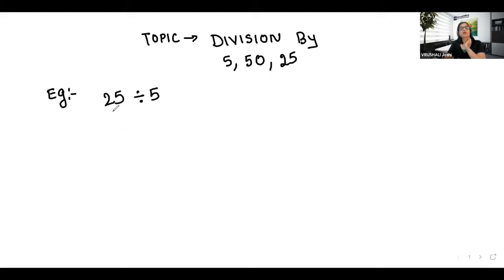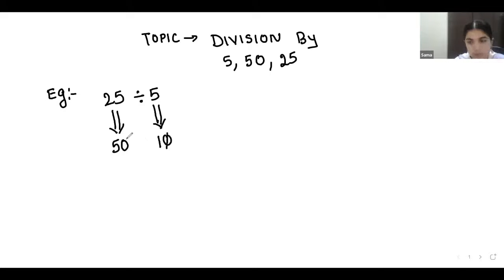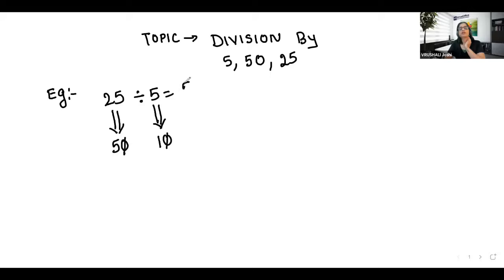What we will do in 25? You double 25. What is the double of 25? This you should know very quickly. Double of 25 is 50. You also double 5. What is that? 10. Cut the 2 zeros. Answer is 5. Have you got it? See, this answer you know even without doing this method. But it will help you to do larger numbers.